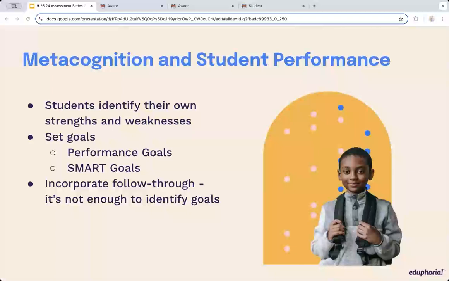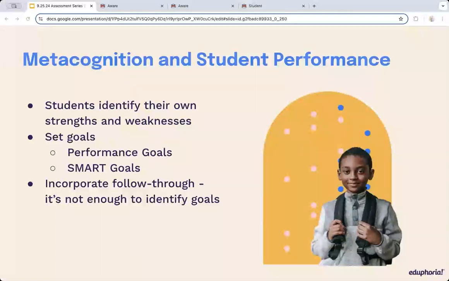We have to help the kids understand, before we continue much further than that, that it's okay to be where you are. It might not be okay to stay there, but it's okay to be where you are. You don't need to feel bad about it. Identifying a weakness isn't a bad thing. It's the first step in improving, growing, and owning your own progress, owning your own learning. Now that you've identified a weakness, we can begin the process of setting a goal to improve. Think about ways that you can step the students through the process of looking at their tests, looking at their data, and figuring out what they're good at and what they need some help with.